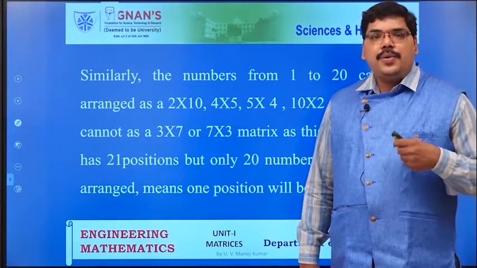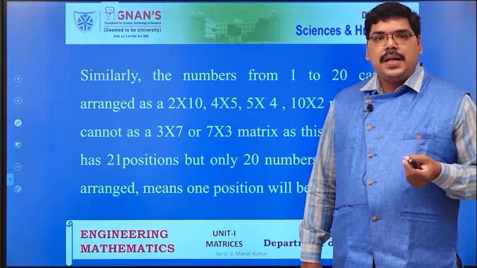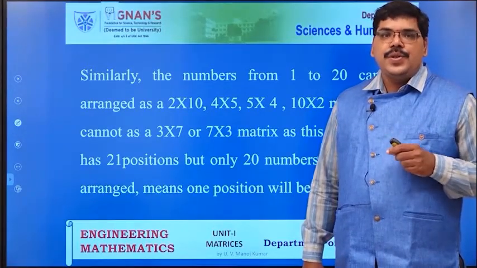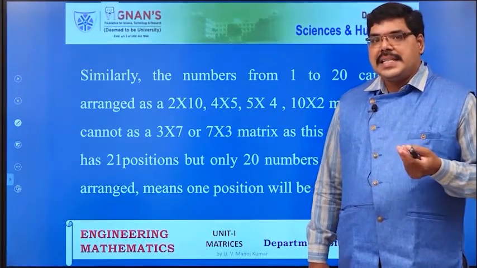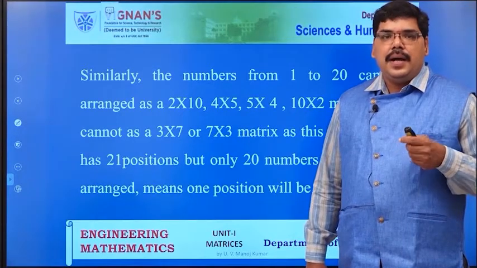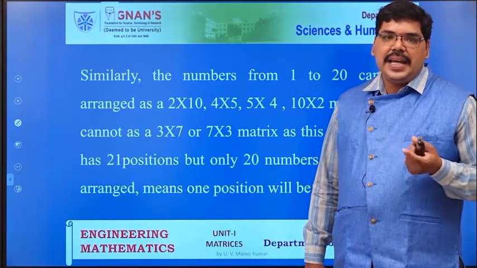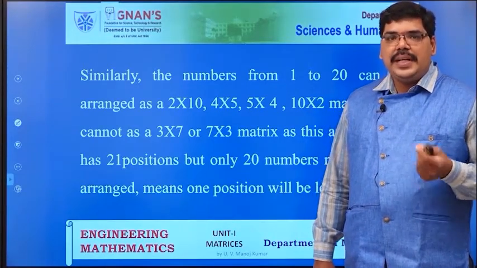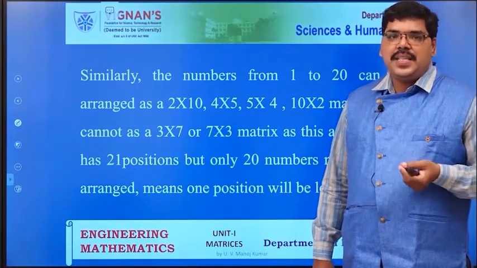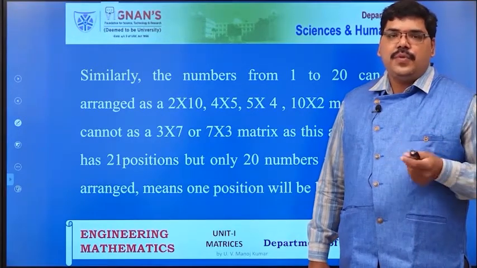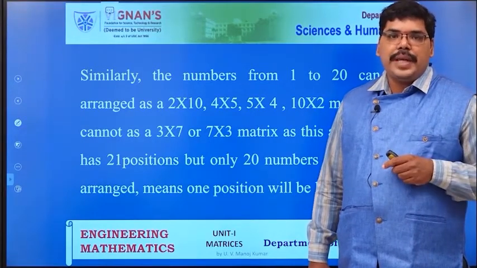Similarly, I want to arrange numbers from 1 to 20 as a matrix. What are the possible sizes that we can arrange? As we have 20 elements, we can arrange them like 2 into 10, 5 into 4, 4 into 5,